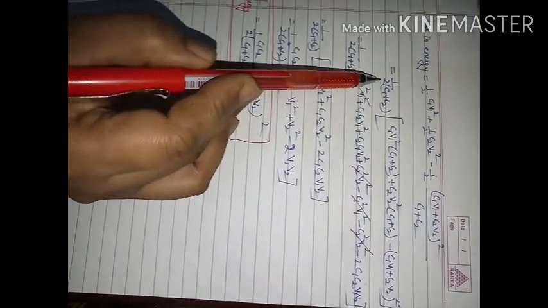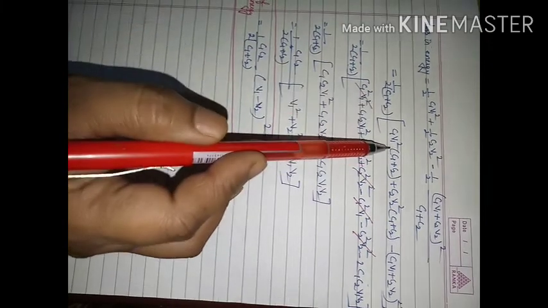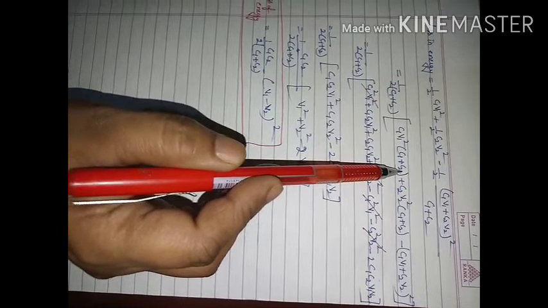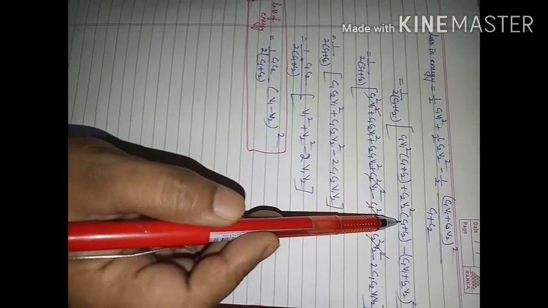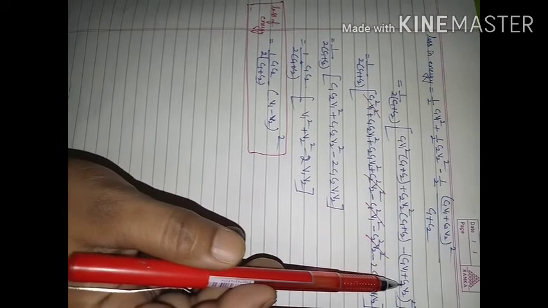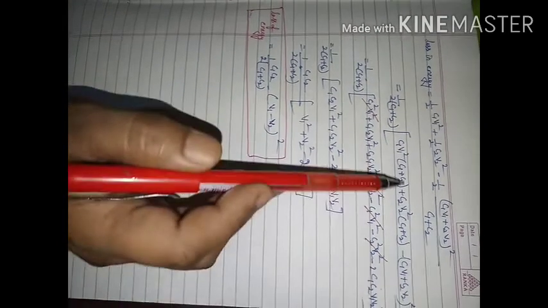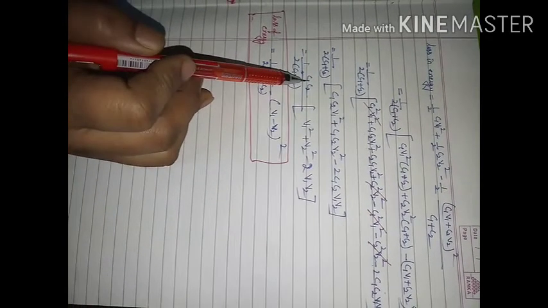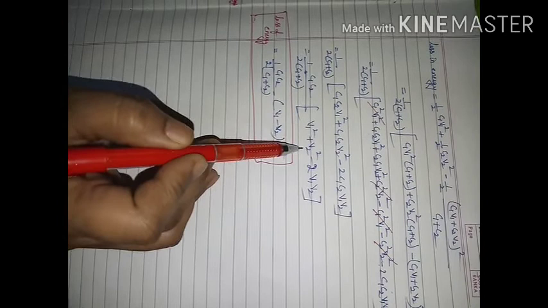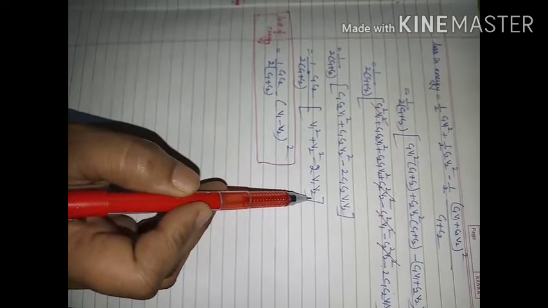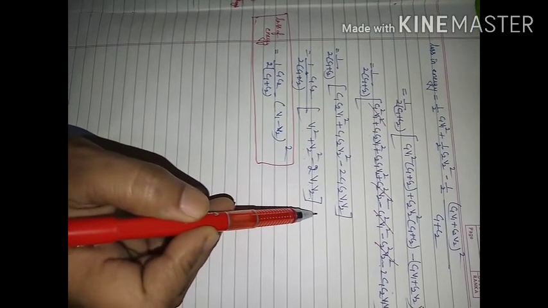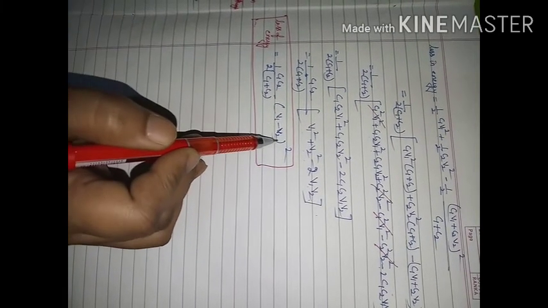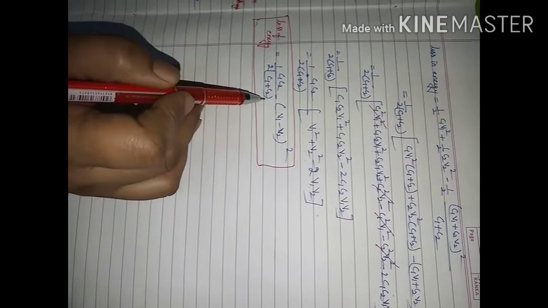From this you take out half, divided by C1 plus C2, outside. Inside we will have C1V1 square within bracket C1 plus C2, plus C2V2 square within bracket C1 plus C2, minus C1V1 plus C2V2 whole square. You open it, and these terms will get cancelled out. C1, C2 you can take outside. Inside it is left V1 square plus V2 square minus 2V1V2. This is A minus B whole square. So loss of energy will be half C1C2 (V1 minus V2) whole square divided by C1 plus C2.